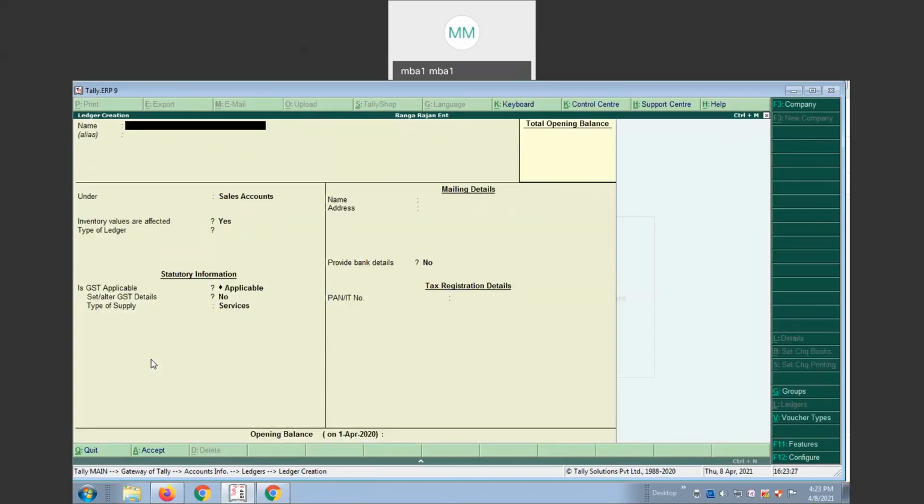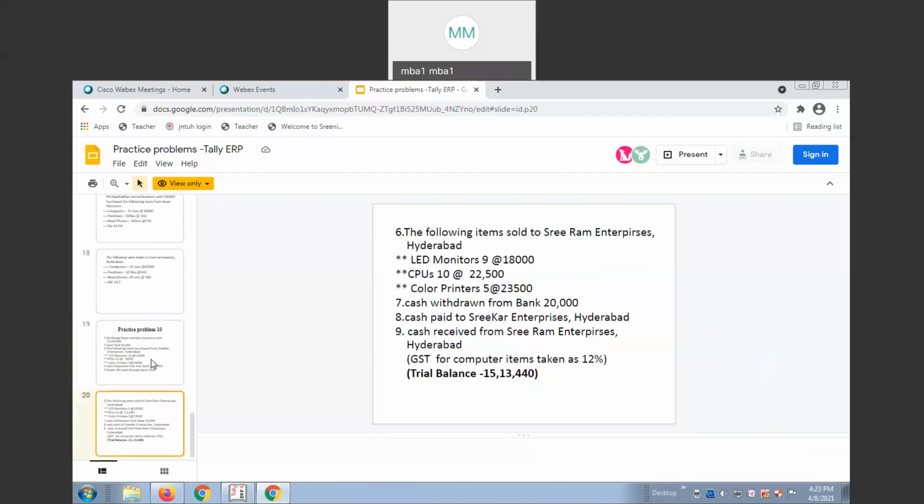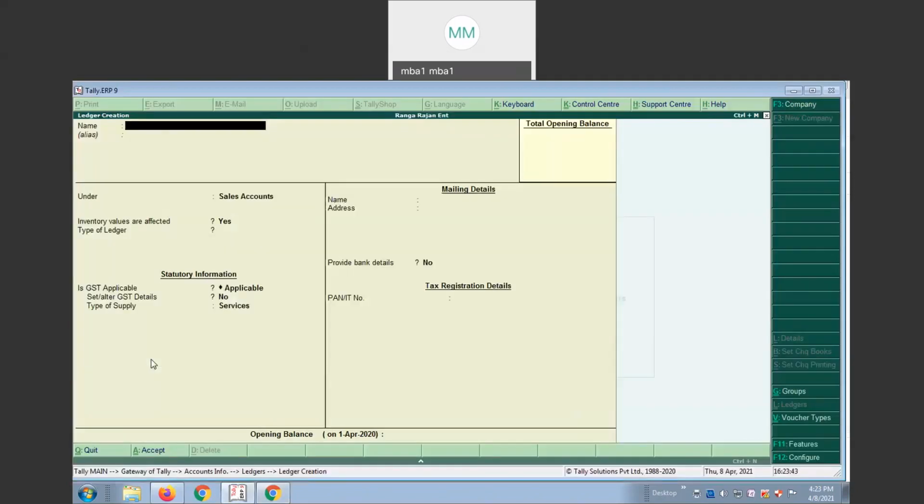Now after that, three items you need to select: CGST, SGST, IGST. Actually, the stock item is purchased with supplier location Telangana and seller location also Telangana. So you only need to select CGST and SGST.